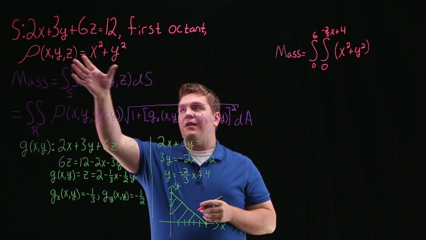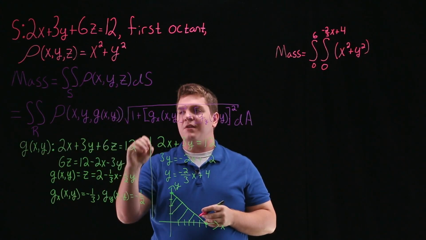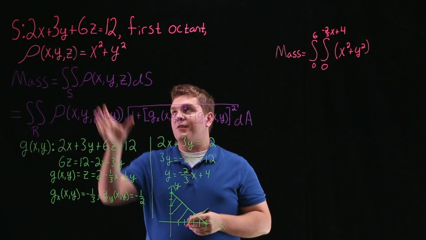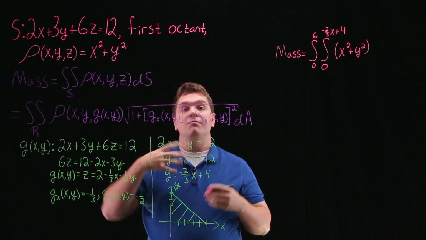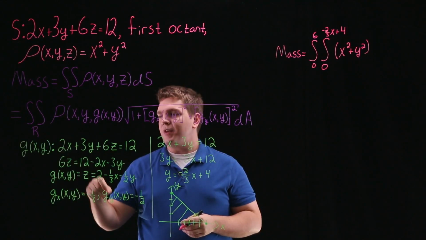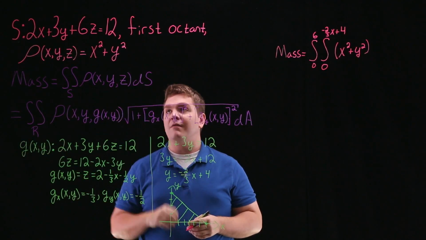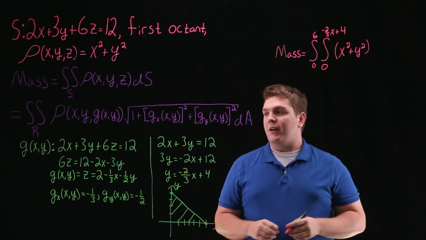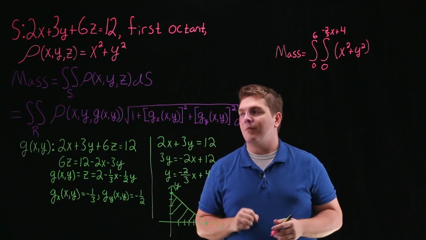Since our density doesn't depend on z, we don't need to substitute this g of xy in anywhere. If this was an x squared plus y squared plus something involving a z, here we would substitute this g of xy in for z. All right, and now we have to multiply by the square root